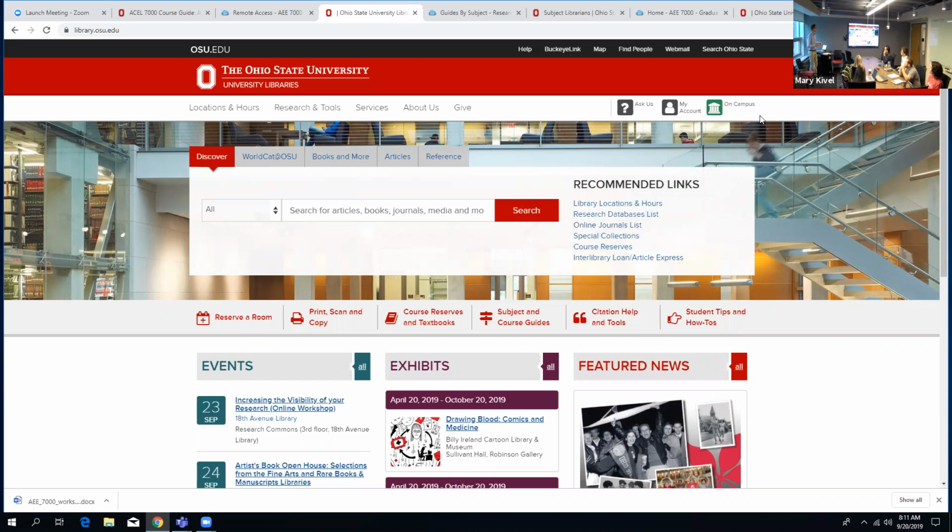There are multiple ways of doing this. One is to simply navigate to this site and then click on this one, and it will prompt you for your name and number, and then you should be good as long as you don't close your browser. The other thing is you can just navigate to the resource you want to use. If you want to use a database or an ebook or something, you navigate to it, and then